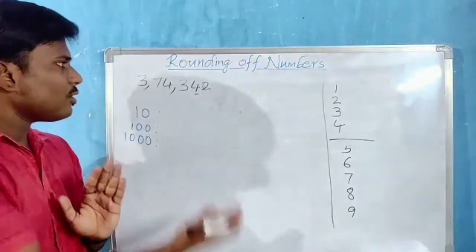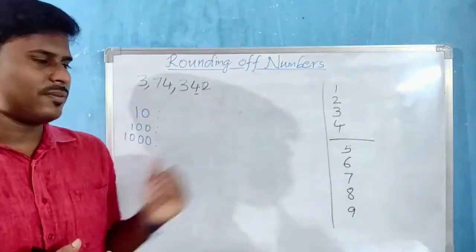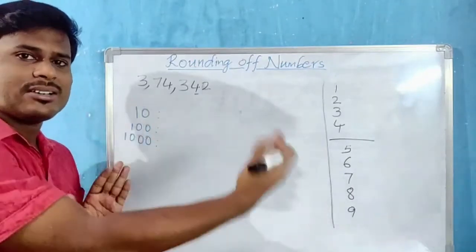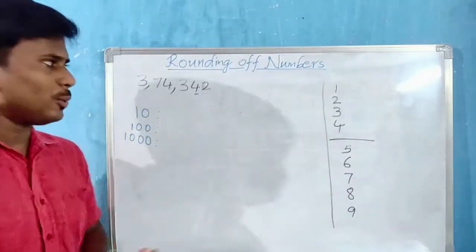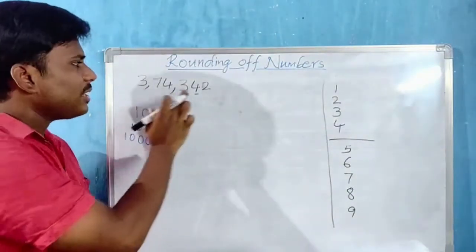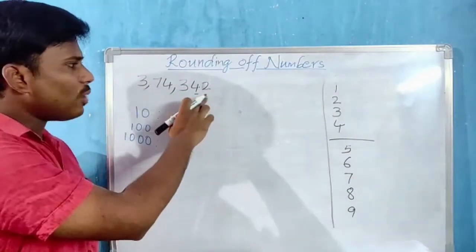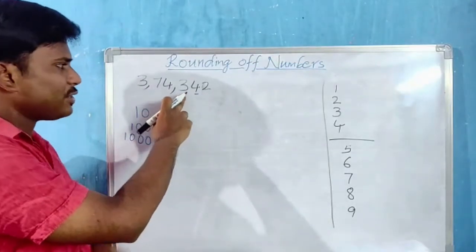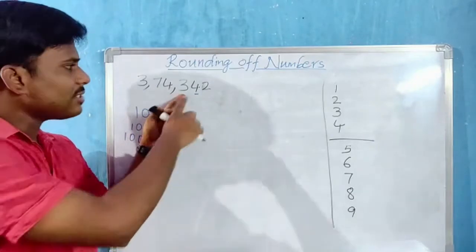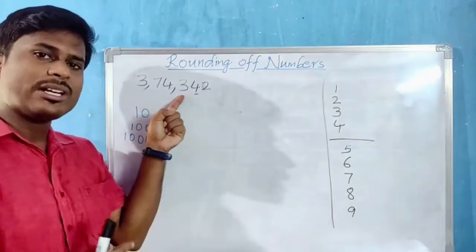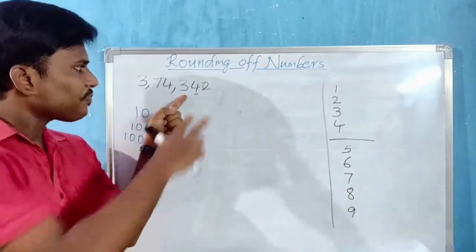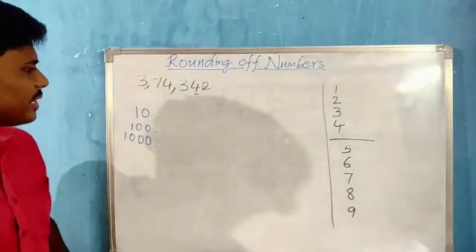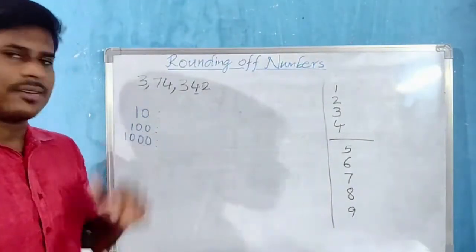If the right digit of the rounding digit is 1, 2, 3, 4, then we keep the rounding digit as it is, and the right digits, whatever the leftover, will become 0. If we are talking about tens place, the tens right digit is this. So one digit is there, we have to place 1 zero. If we talk about hundreds, nearest to hundreds, then this will be our hundreds place, and towards the right, how many digits are there? 2 digits are there. So we place 2 zeros basing on that. Okay. Now let us find out the nearest tens, hundreds and thousands for the given number.